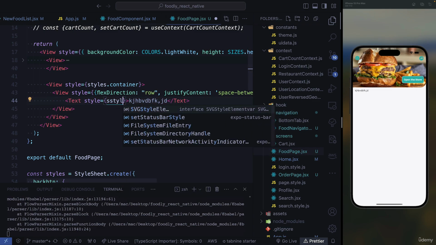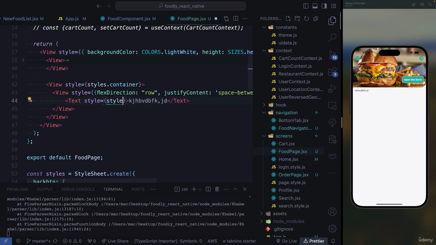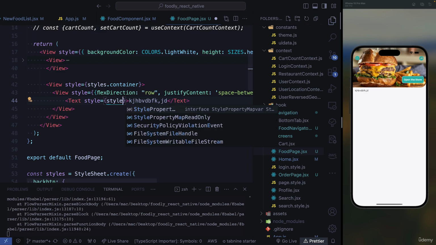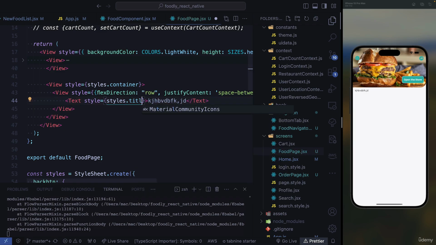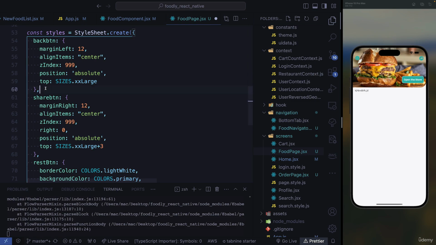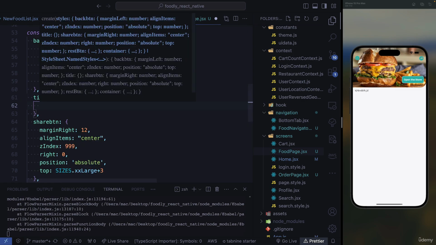Here we're going to have to access our styles, and from our styles, we're going to get the title. That's the name of the style. Let's go ahead, create one with the name title, create the object, and inside the object,